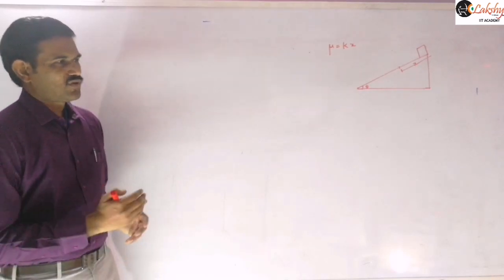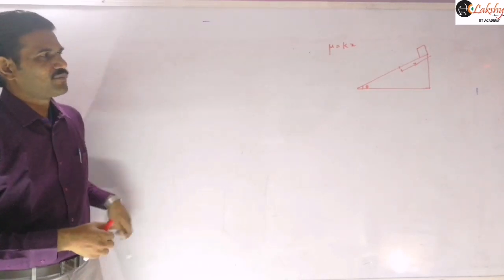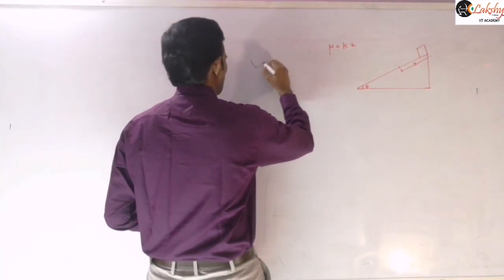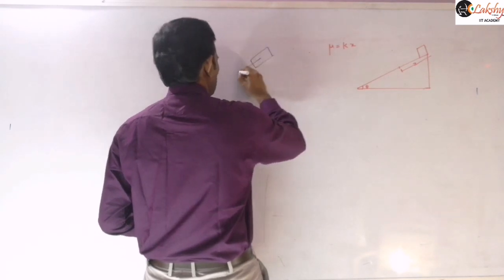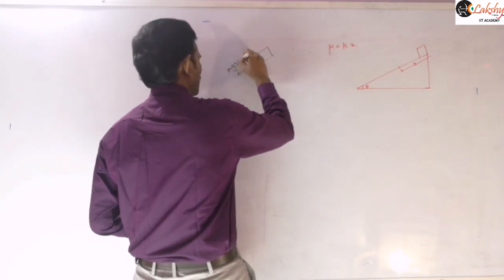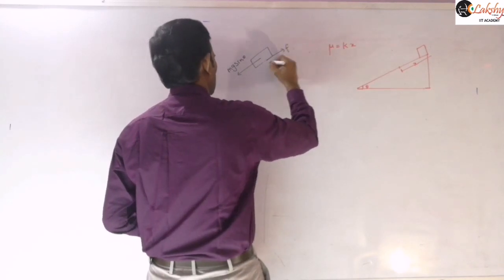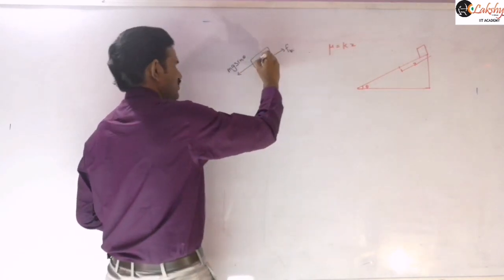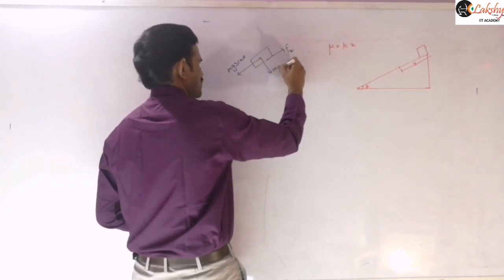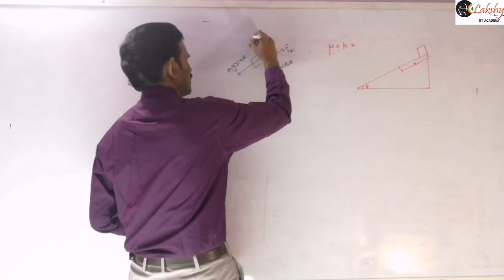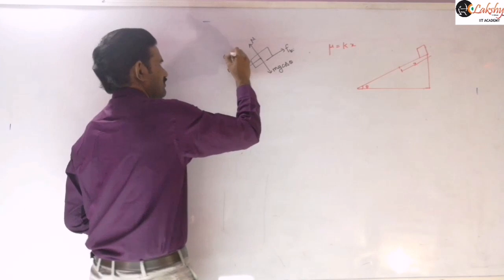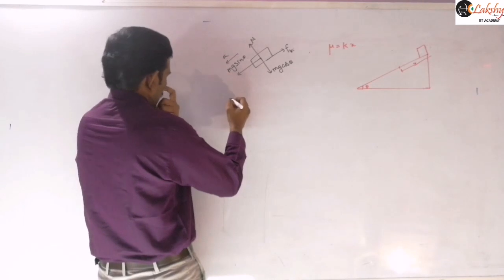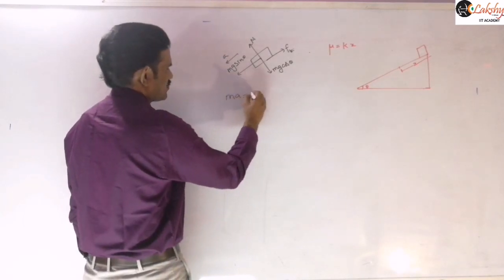Right? So now as usual, let us consider the free body diagram of the block and let us write the force equations here. mg sin theta will be there along this direction, and friction will be there along this direction. As the block is sliding, you can consider the kinetic friction here, which is equal to the limiting friction at that instant. So this will be mg cos theta, the normal reaction, and the block is accelerating down initially. Now let us write the force equation and find the acceleration here as usual.